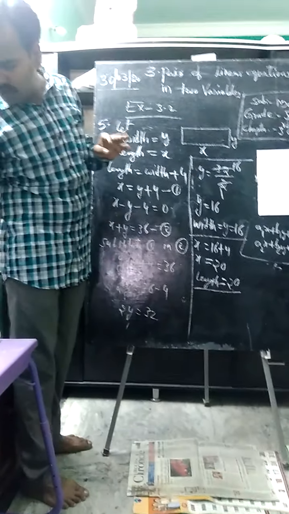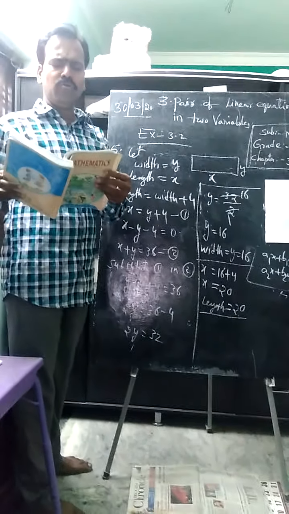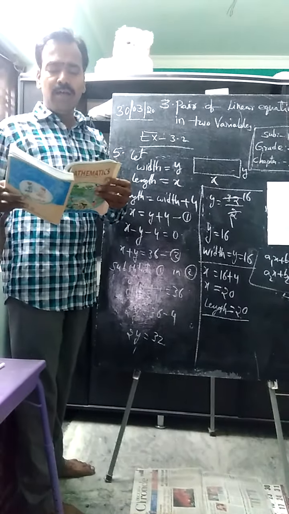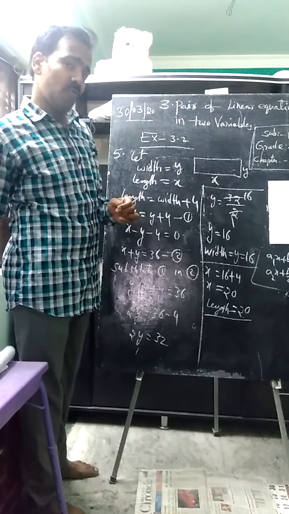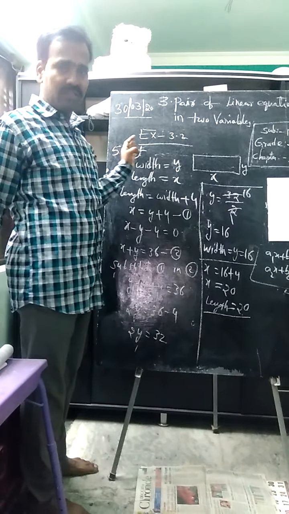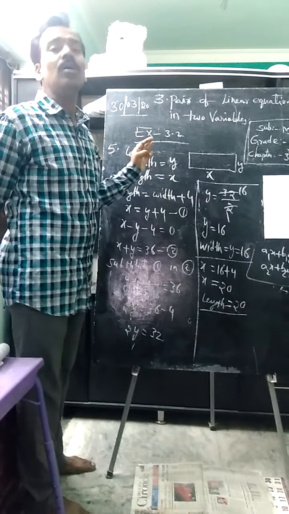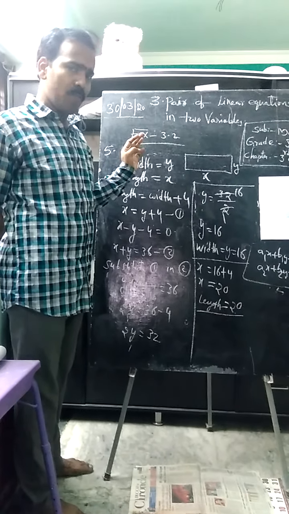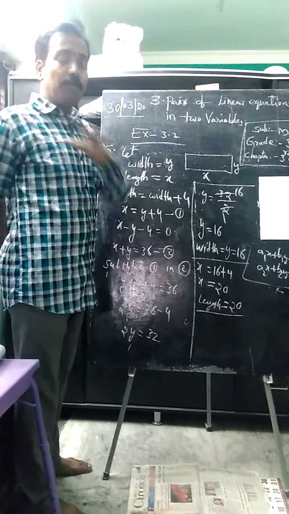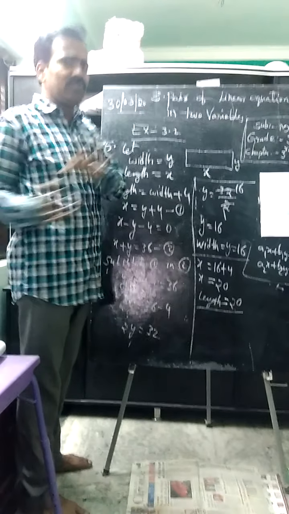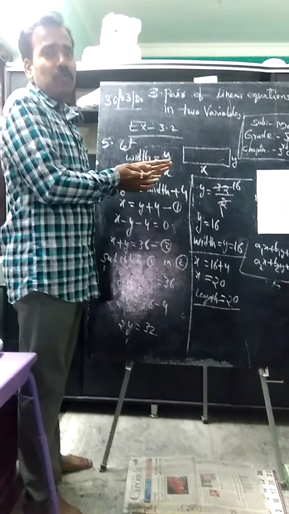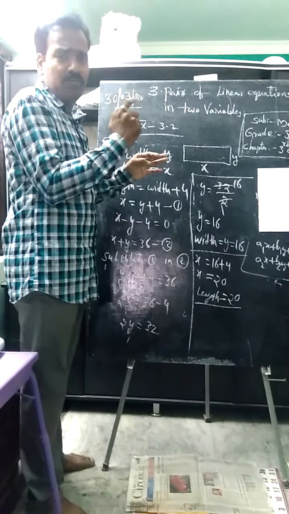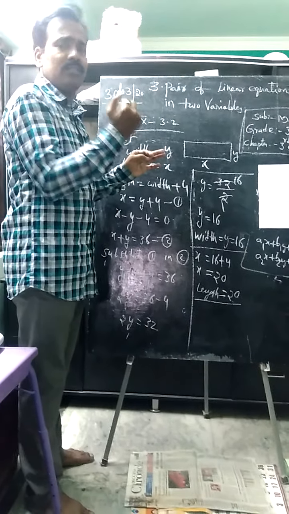We will solve one more problem. With that problem, the total exercise will finish. Then after, we will start the next exercise. Before starting that, we will complete one more problem. The rest of the problems, whatever is left over, you will get as an assignment. Try yourself by studying the example problems and whatever problems were taught by me now. So if you don't get any one or two problems, ask me after coming back to class.